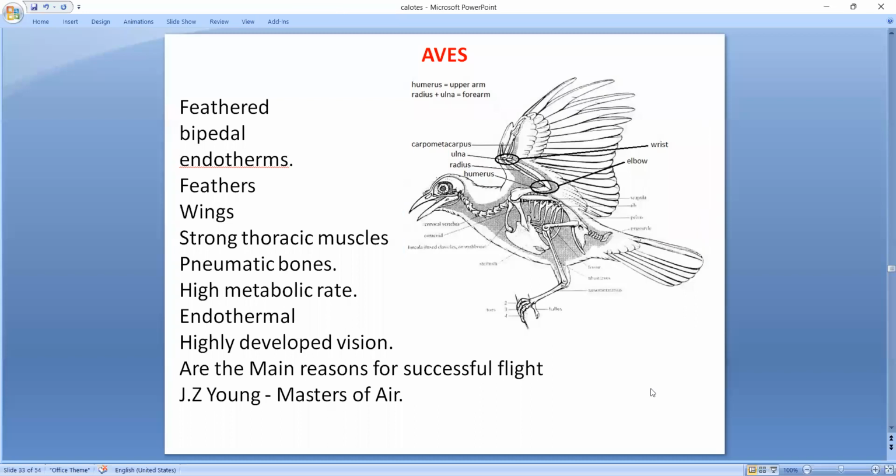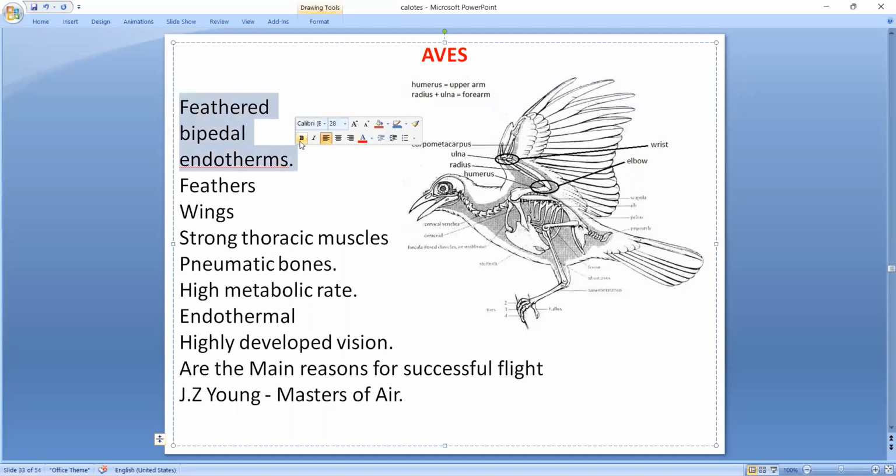So anyway, aves are feathered, bipedal and endothermic vertebrates. They are one of the most successful vertebrates. We can say advanced and successful vertebrates, and they are the first endotherms. In all vertebrates, they are the first endotherms. That means their body temperature is always constant, irrespective of the surrounding